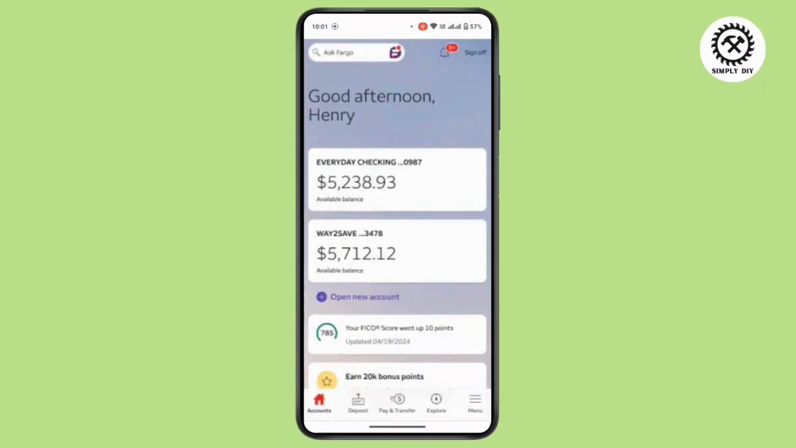First of all, open up Wells Fargo. Make sure to log in into your account. After you log in, navigate to the bottom of the interface. There is an option as Pay and Transfer. So tap on it. After that, again on the next page under Transfer Money Between Accounts, you have to select